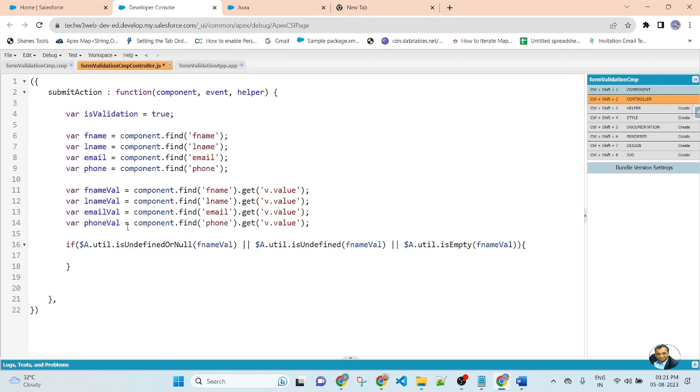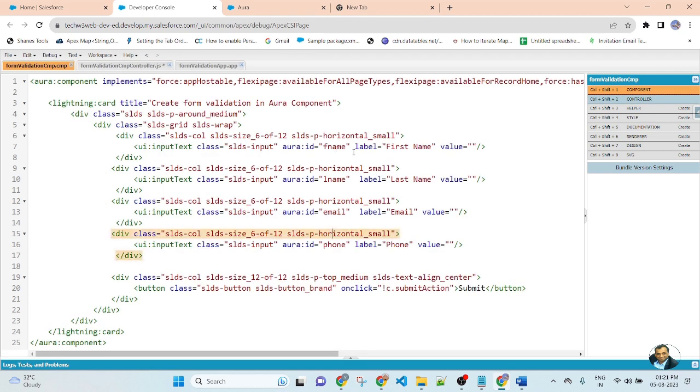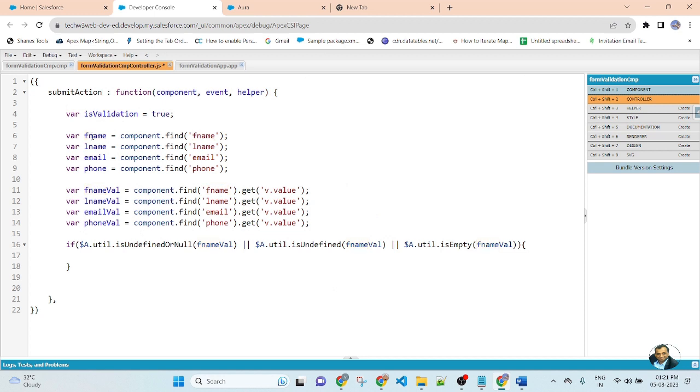So after that, this is the ID of the input field. This is the aura ID. So I will display the error message based on the aura ID. So copy this ID dot set, and here pass the v dot error.